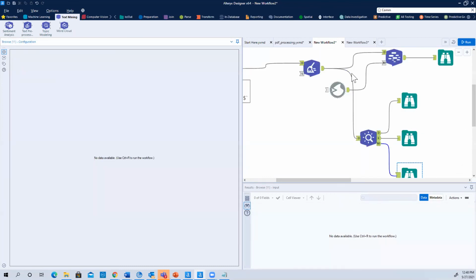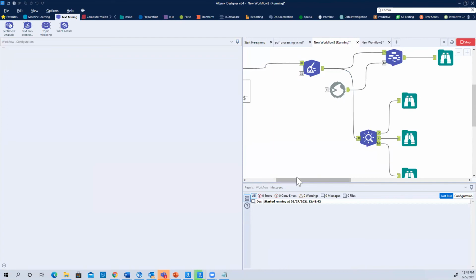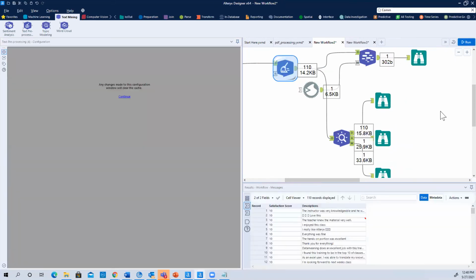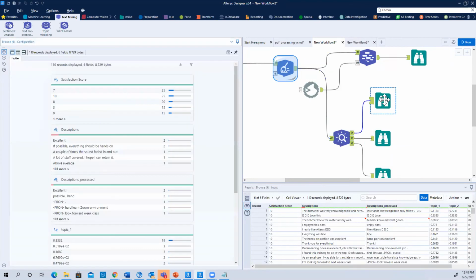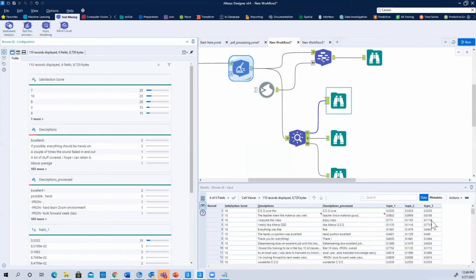So now when I run my workflow, I'm going to go ahead and cache this here. This doesn't take very long, but those couple of seconds are time consuming. So it'll go ahead and run the process one more time here. All right. So what I wanted to focus on here with the topic modeling tool is that you get your data out of your topic modeling tool. So we see down here in the result window, we see numbers assigned to our various topics. So it's saying of the various words that are in here, it gives us a score for those topics. Now in this case, the lower the absolute value, the more relevant that particular response was to the overall